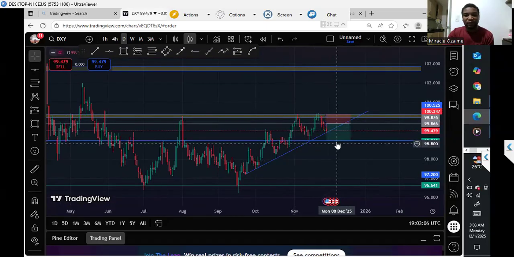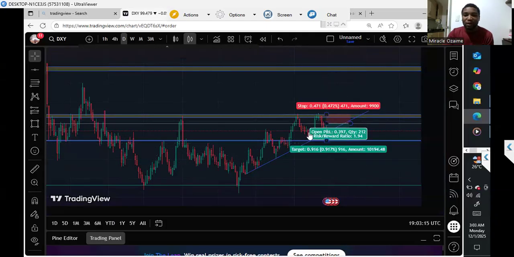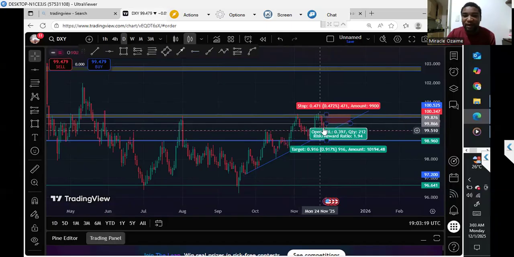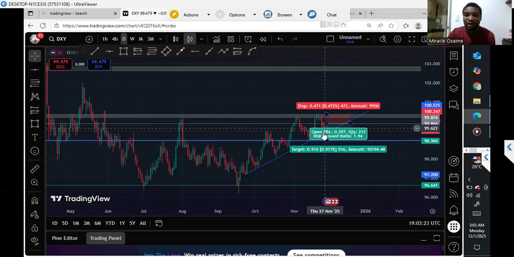If it fails to break this area, then most likely, maybe printing several candles around this region, it's about to reverse. Or maybe if this candle around this area forms several rejections around this trend line, like three days of rejection, then maybe we'll be looking to the upside. But for now, I think most likely it's going to push up, then